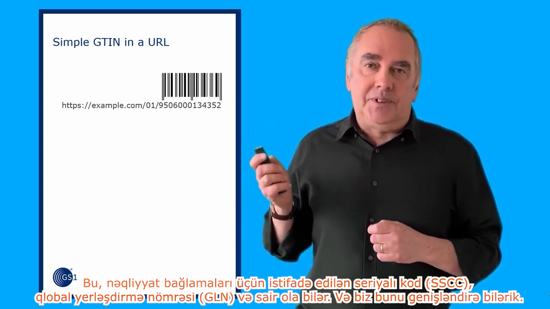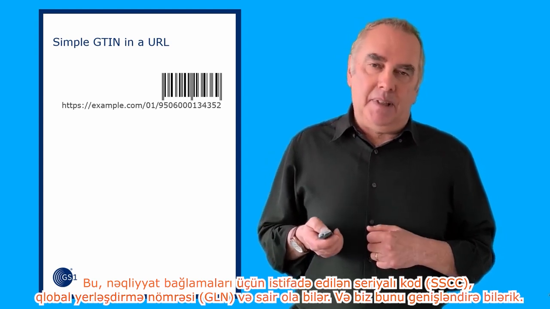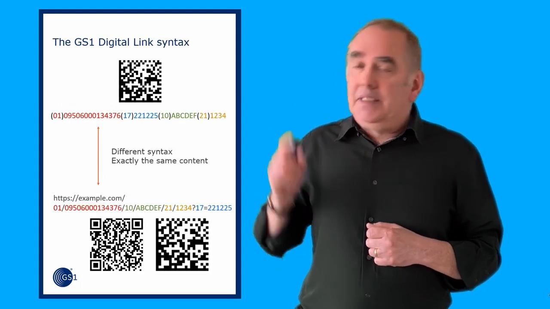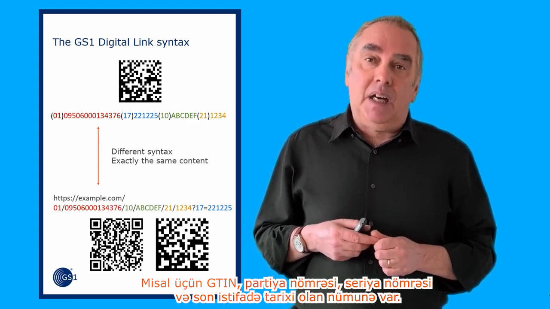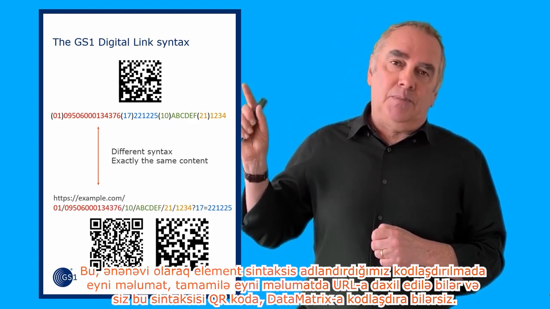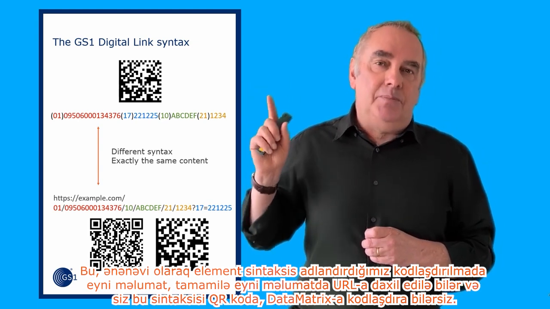This is a simple case with a GTIN. It could be a serialized shipping code. It could be a GLN, whatever it may be. And we can extend that. Here's an example that has a GTIN, a batch number, a serial number, and an expiry date. That would traditionally be encoded in what we call element syntax. Exactly the same information